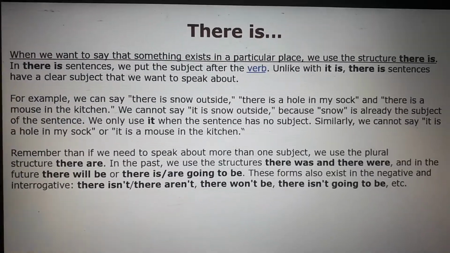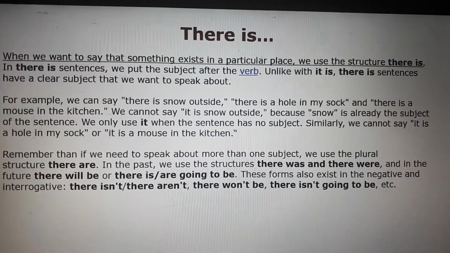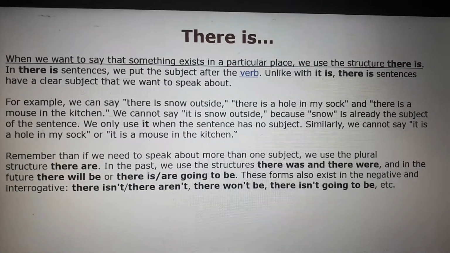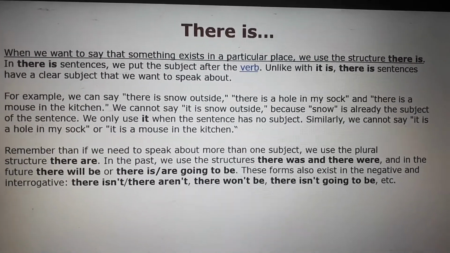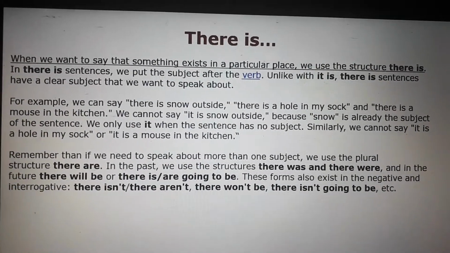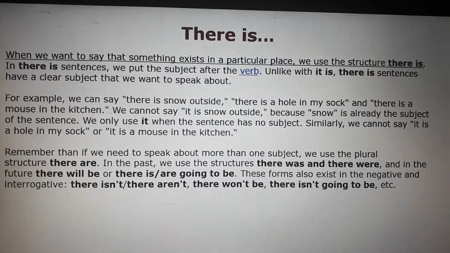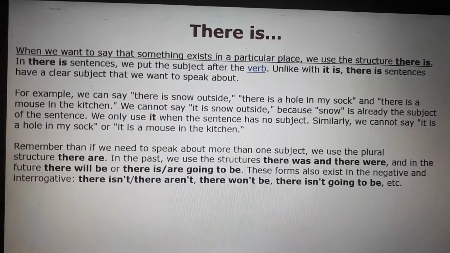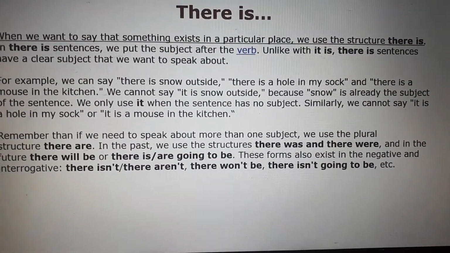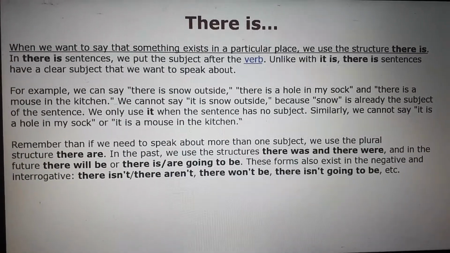Then we're going to see now the information of there is. When we want to say that something exists in a particular place, we use the structure there is. In there is sentences, we put the subject after the verb. Unlike with it is, there is sentences have a clear subject that we want to speak about. That means that, o sea, a diferencia del there is,